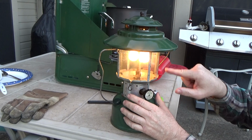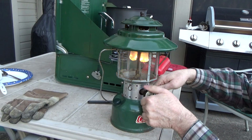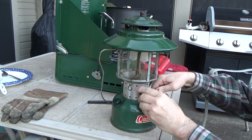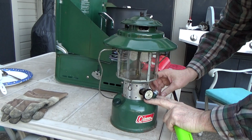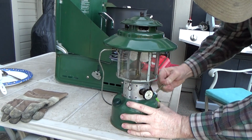What we're doing, once that's lit, it's actually heating. I'm gonna turn it up a little bit here. Oh, it just went out. Must have a dirty generator or a fuel air tube. Let me pump it up a little bit more. And again, this is good because this will actually happen when you're camping. I'm going to pump it up